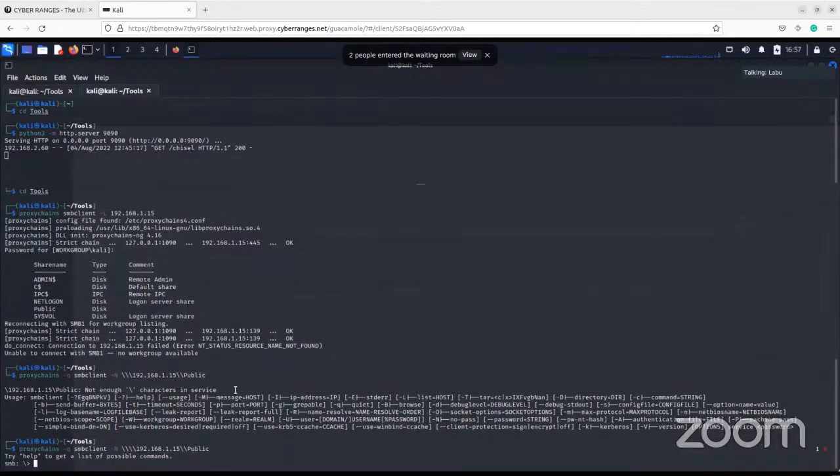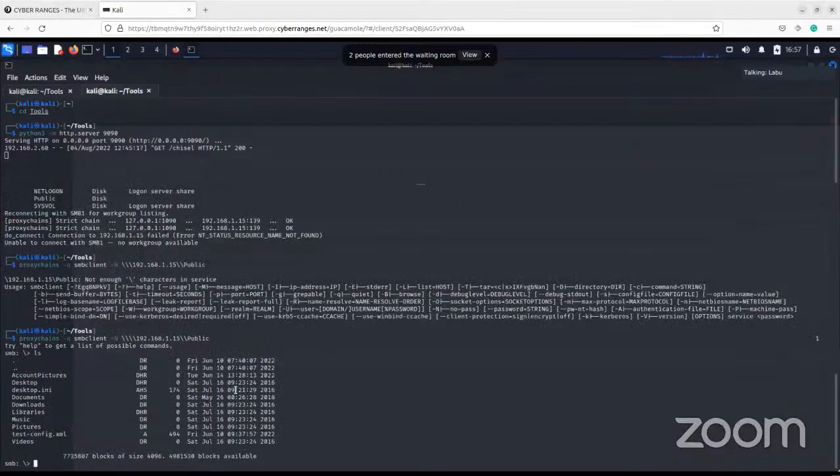So if we do that, we're into that box, or rather into that share folder. And if we do an ls, it will list out what files are there. So this is what I was saying, you'd have enumerated the other publicly accessible folders. But once you get here, you'll notice there's a config file called test config. So basically what we want is to bring that file to our Kali box and investigate it further. So test config .xml,